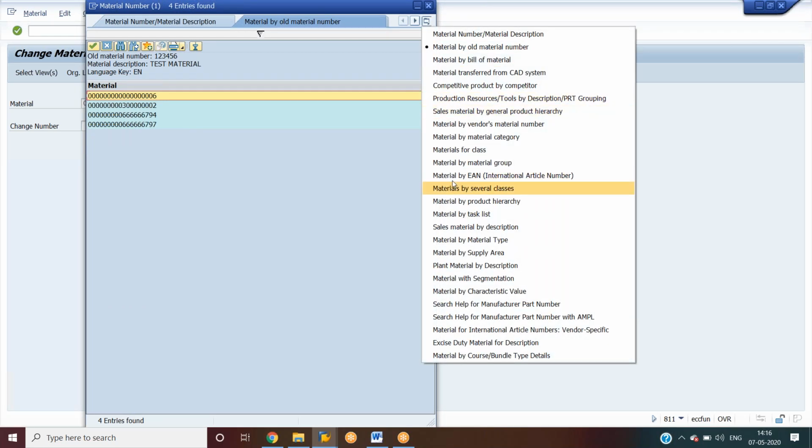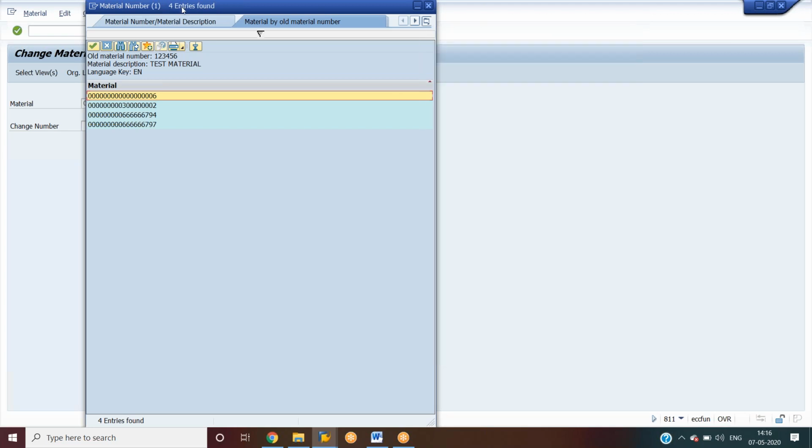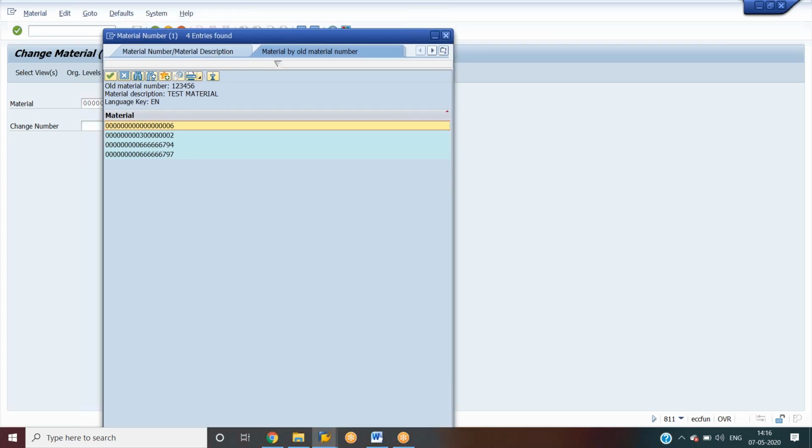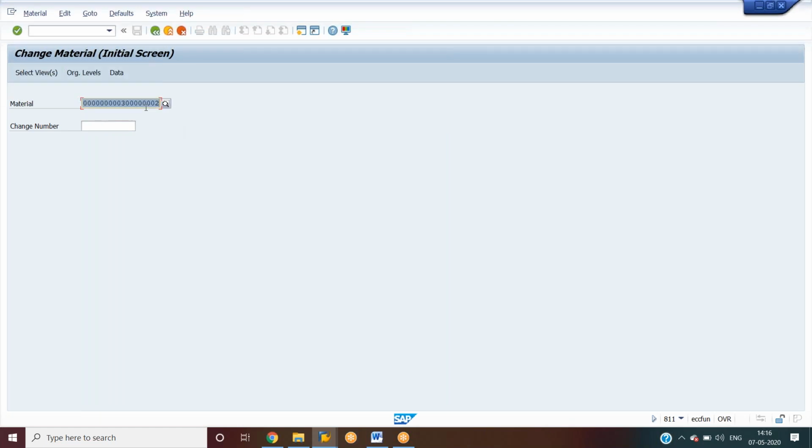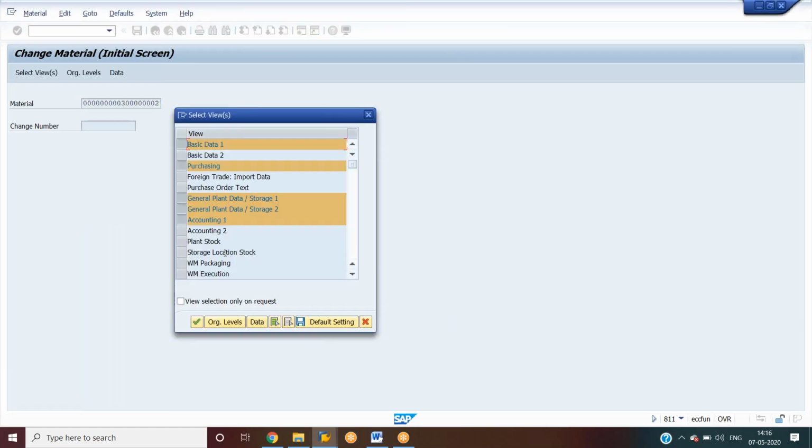Likewise we can even check with the material type, and all the facilities we have, we can check with this. So this is the material which we created, and I want to do some changes. Let me select. See here, these views are selected by default because I have selected the default settings.